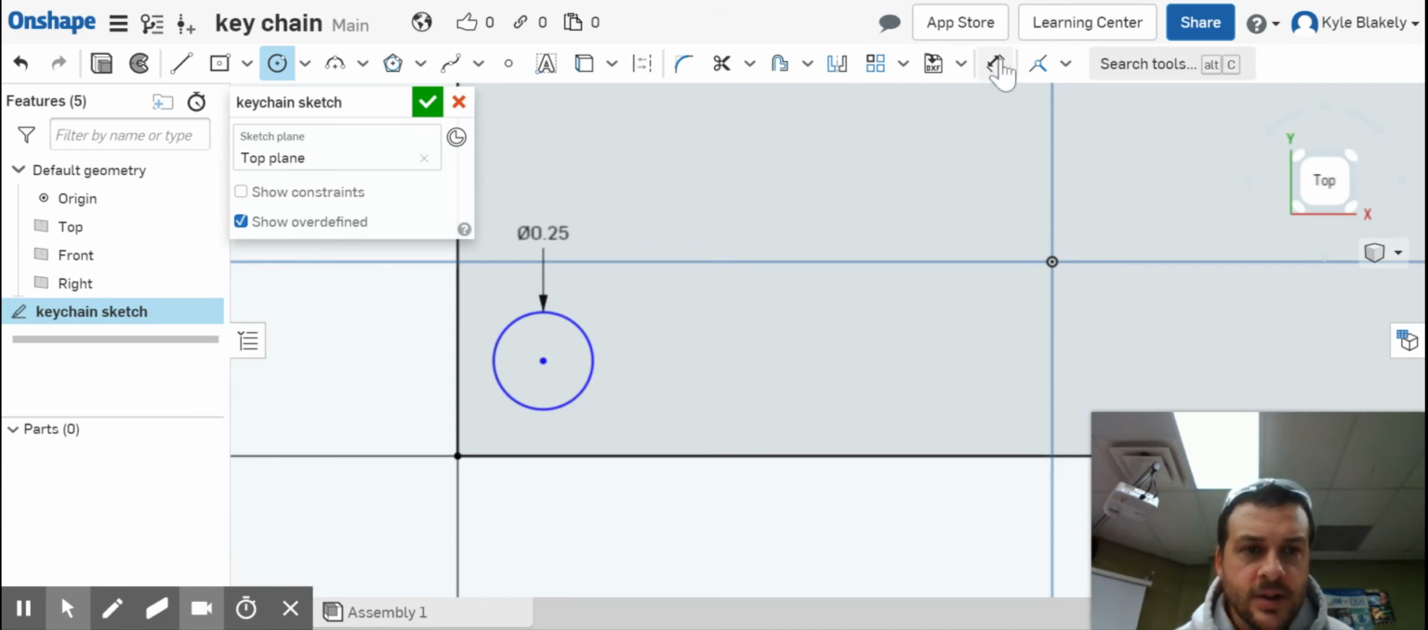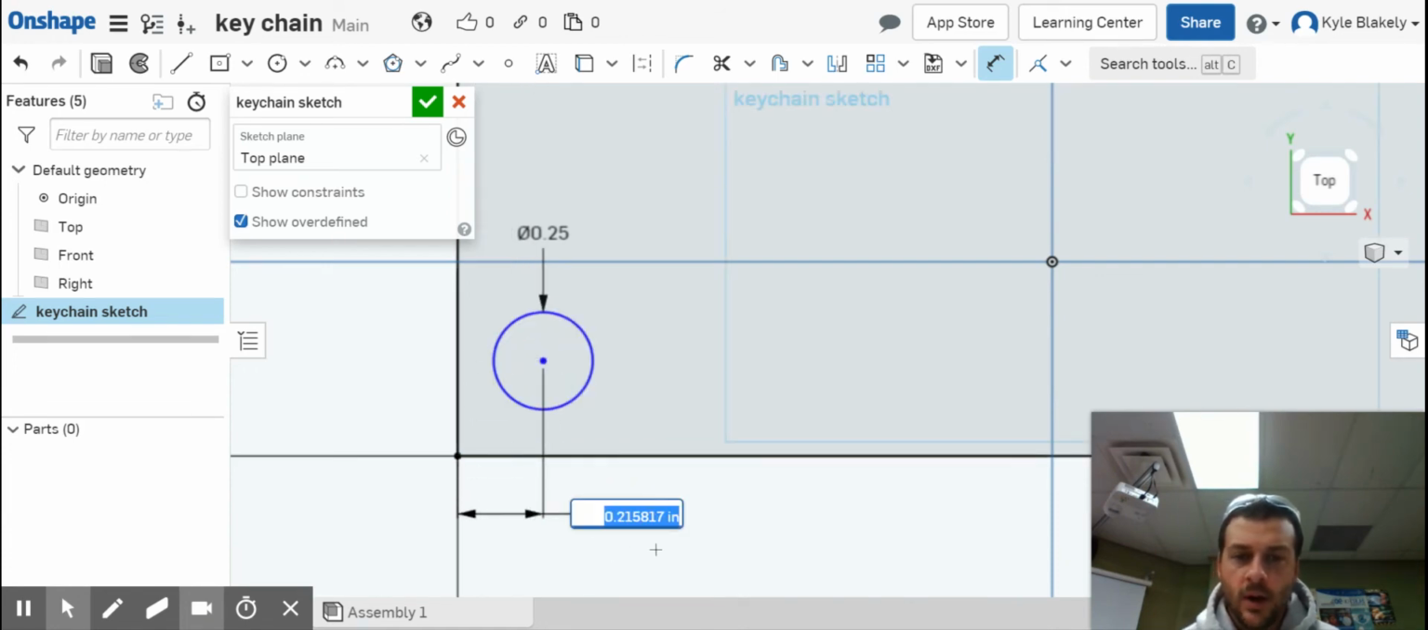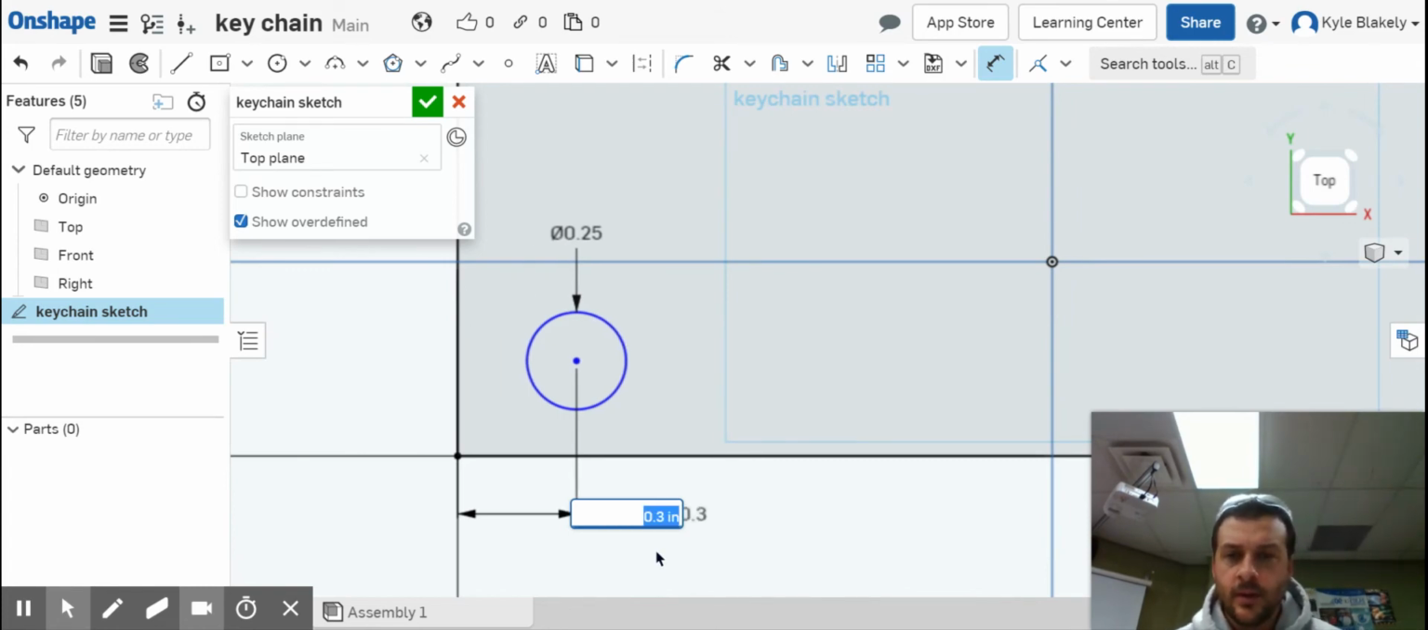and if you know that where your circle is not located in the right spot, up here there's this tool that says dimension, and if you just hover over and give it a second, you can figure out what they mean. So if I click on the dimension tool, I can click on this line, come over, click on the center, drag down, click once, and then type in 0.3 for example,